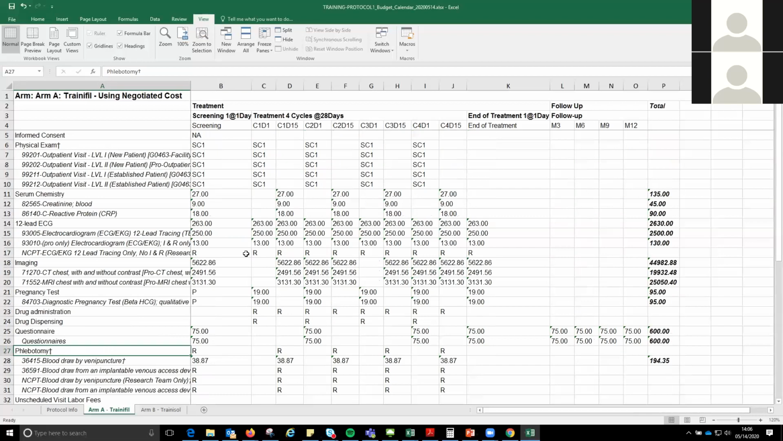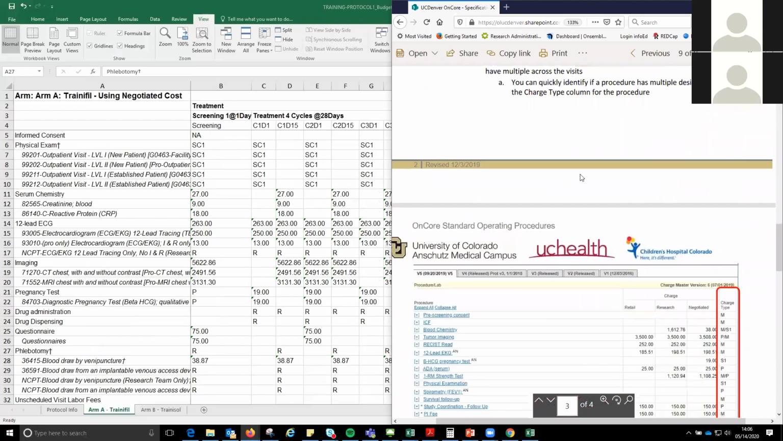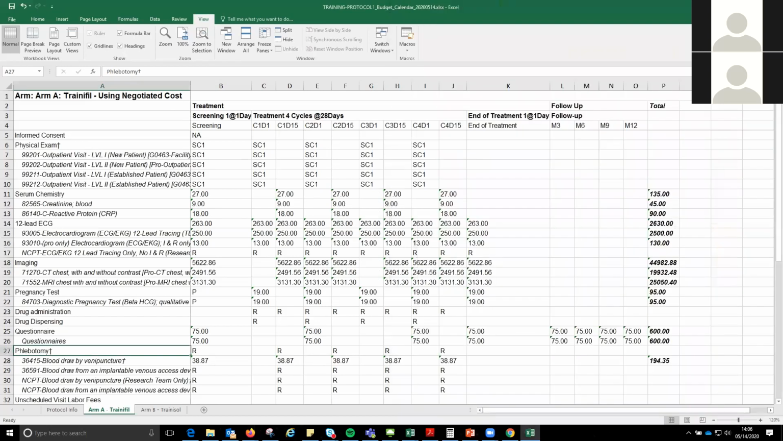Are there any questions about the budget calendar tool? Actually, I'm going to go back to our document, make sure we checked everything, right? We verified procedures across visits, and we confirmed our billing designations. And yep, that's all we needed to do here. So if there aren't any questions, I will go ahead and press on. All right,